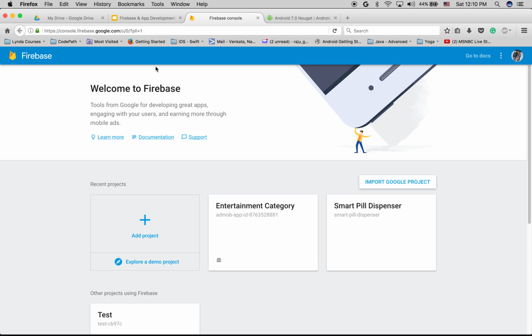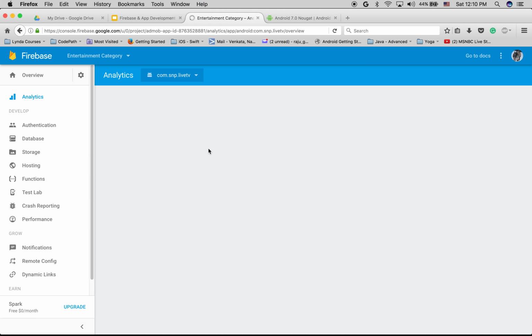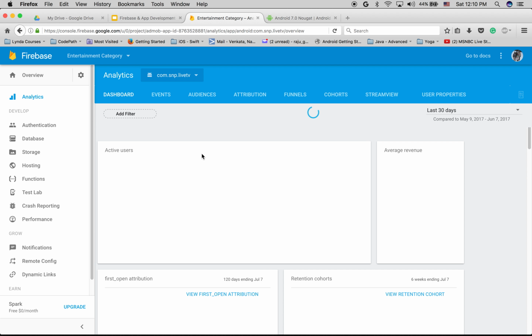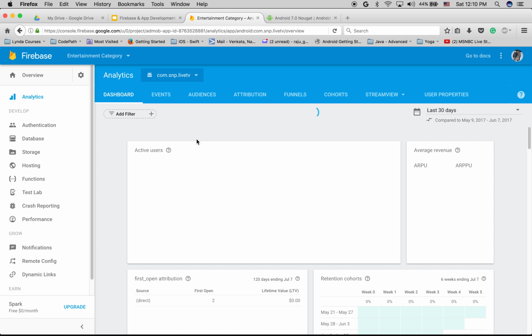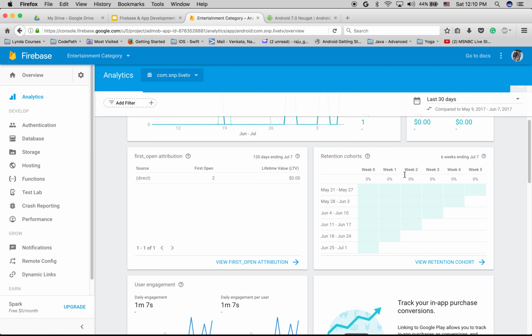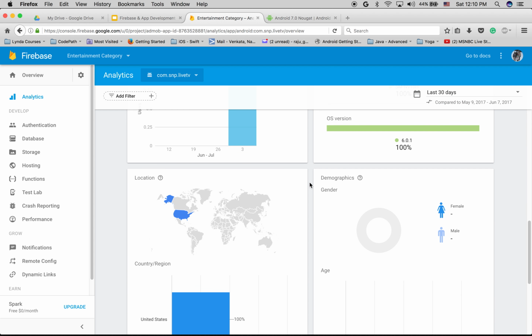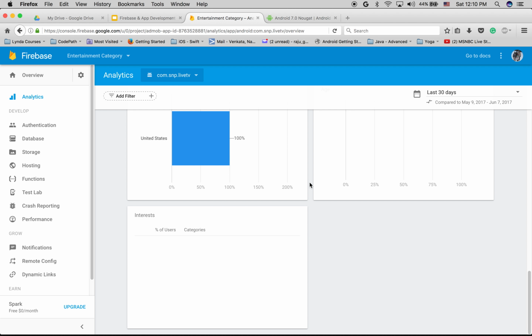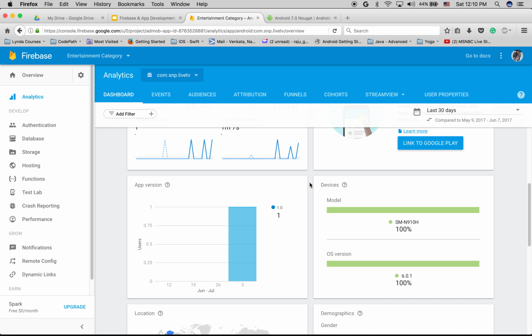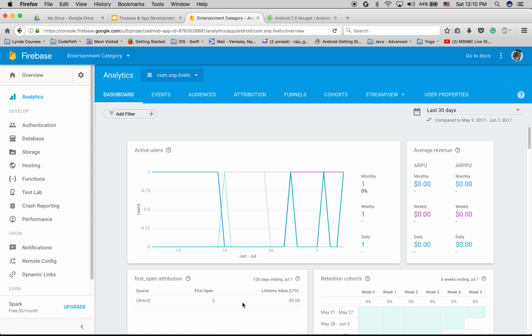Okay, this is my Firebase account and my app console here. Let me go here, and this is one of the applications I'm going to show as a live demo. I developed a free live TV application, and this is the Firebase console for that application. I haven't released it yet, it is still under development. It shows all the information about my app, like demographics, how it is doing, how many people are accessing it, any crashes, and user engagement, and all that kind of thing is going to show here.